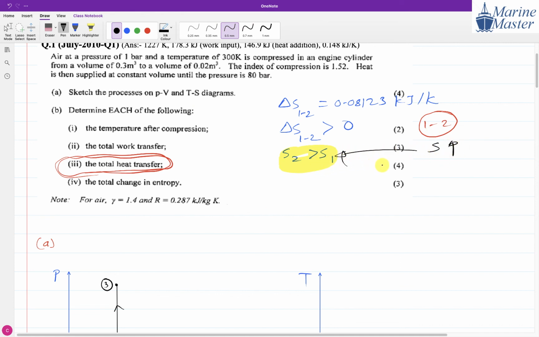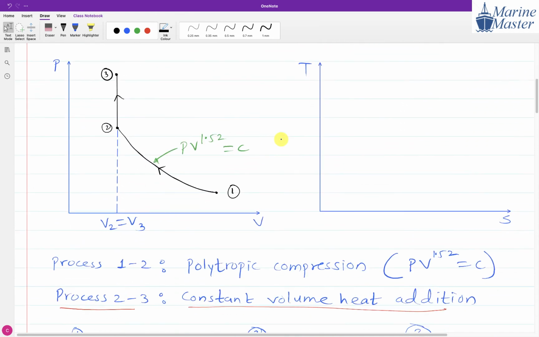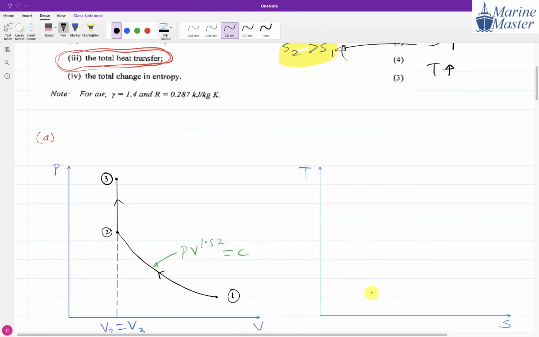And temperature is also increasing. How do we come to know that temperature is increasing? See the table, and we will see that temperature is increasing and entropy is increasing. So in 1 to 2, temperature and entropy both are increasing. So what we can say? See here, in 1 to 2,